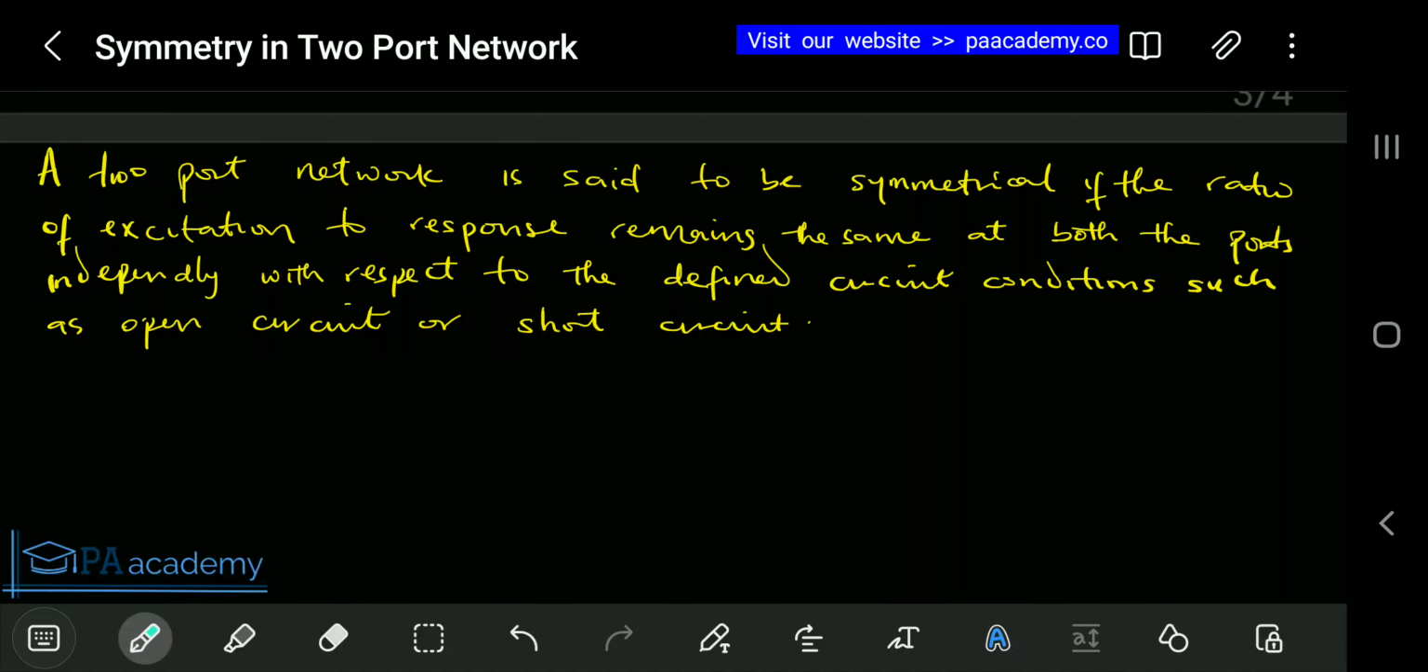Hello and welcome back to our lecture series on two-port network. In this video, we are going to be looking at the concept of symmetry when we are dealing with